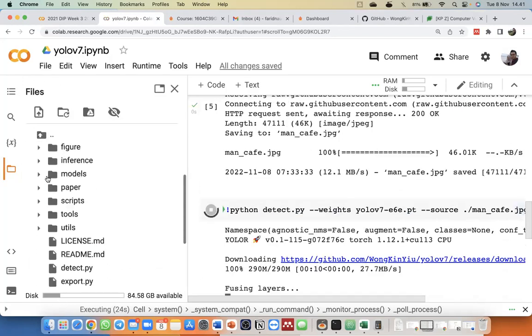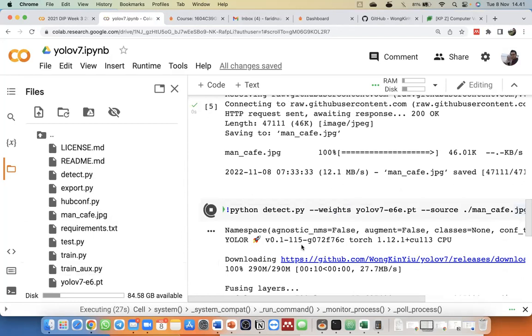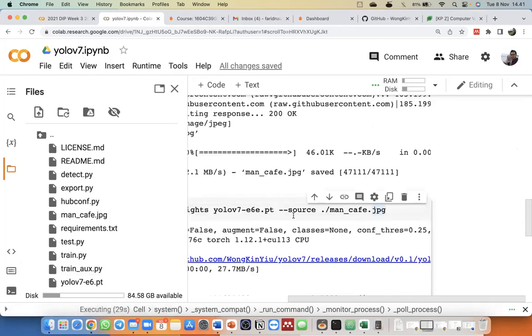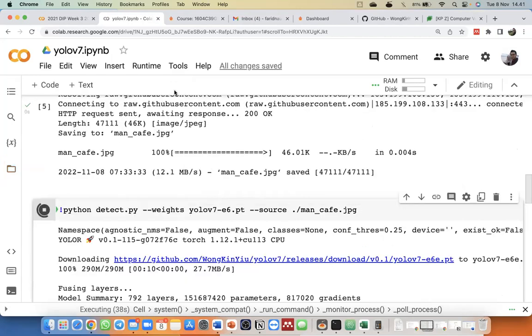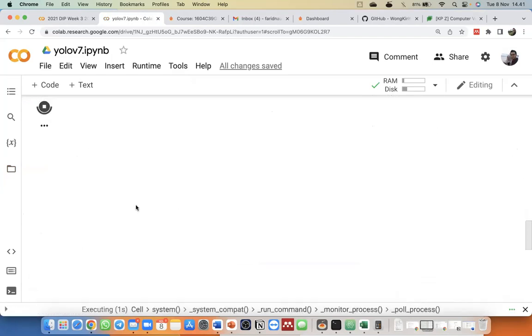Bentar, tadi kita sudah download YOLO... Oh, sebentar, ini harusnya YOLOv7-e6, nggak pakai e. Oke, nggak apa-apa, sudah terlanjur. Kita stop aja ya, sebentar. Ini ada yang salah tadi. YOLOv7-e6.pt ya, ini harusnya, karena kita sudah download sebelumnya.